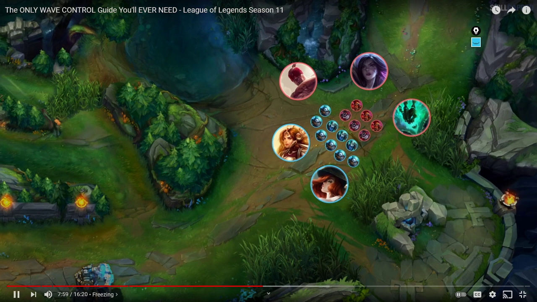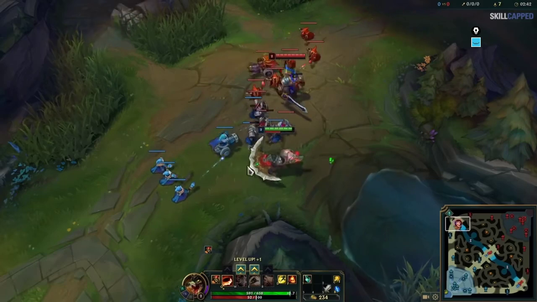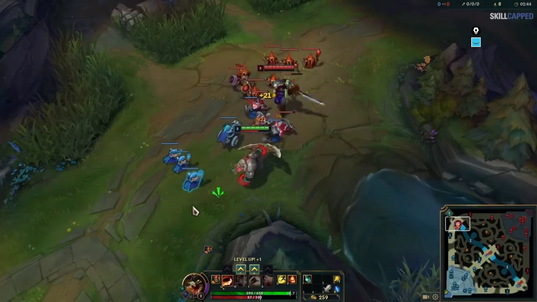Freeze could be a great way to set up a gank onto your opponents. The second and main reason that you want to freeze a wave is when you are comfortably stronger than your opponent and you want to deny...